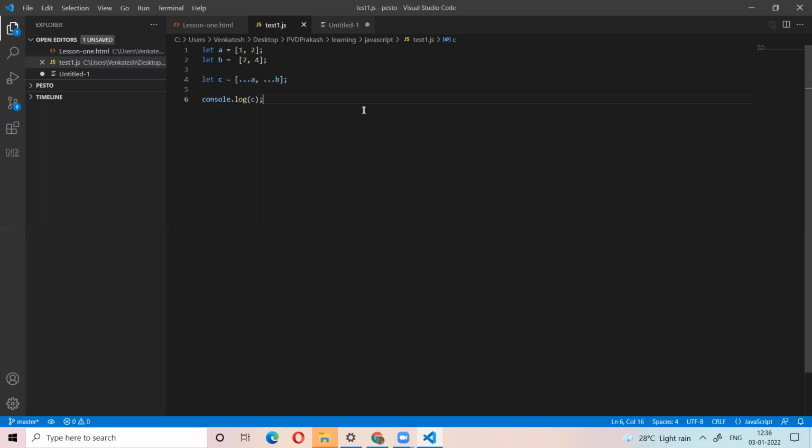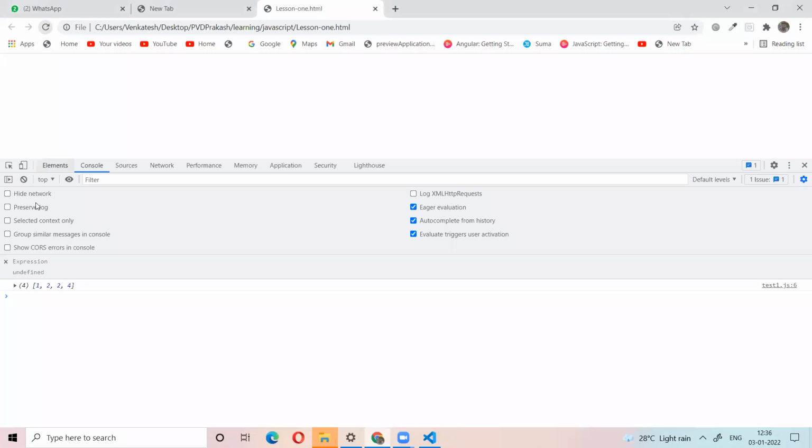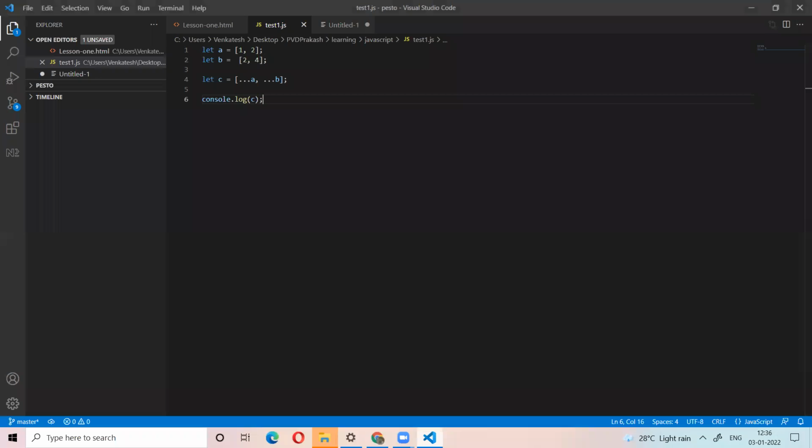Now what is the final output here? 1, 2, 4. It is not 1, 2, 2, 4, because it will remove the duplicates.